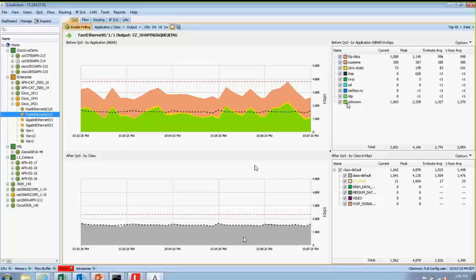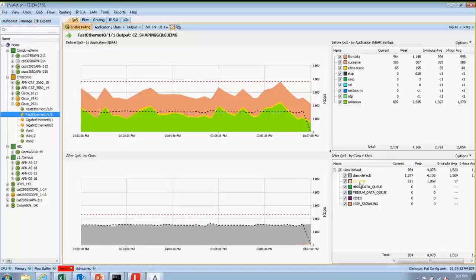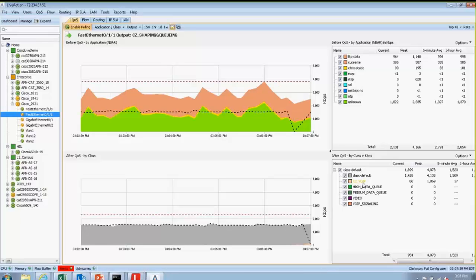And then the bottom half of the screen in this current view is that of the CBQoS MIB. This is an actual graphical view of the QoS policy itself. Now, most importantly, because our interface was amber in the map, notice how in the QoS table view here in the bottom right quadrant, the CZ VoIP class is amber. That's a voice over IP queue, a priority queue, and that's definitely a performance issue that LiveAction is visually warning